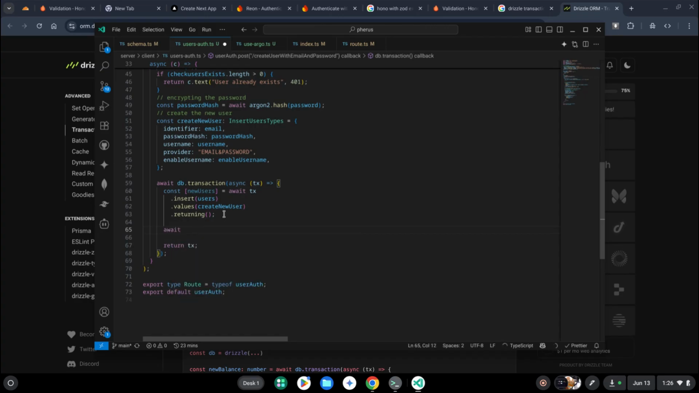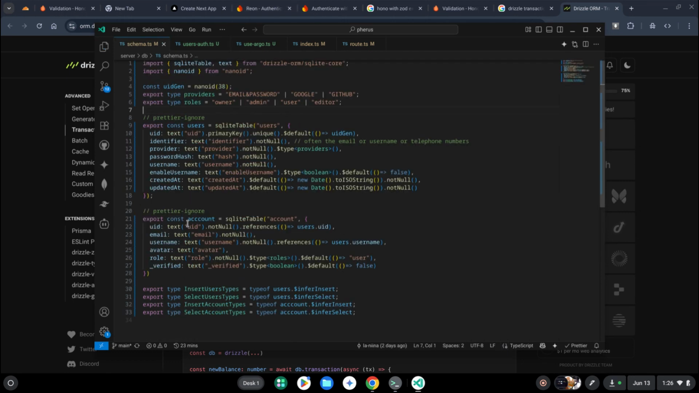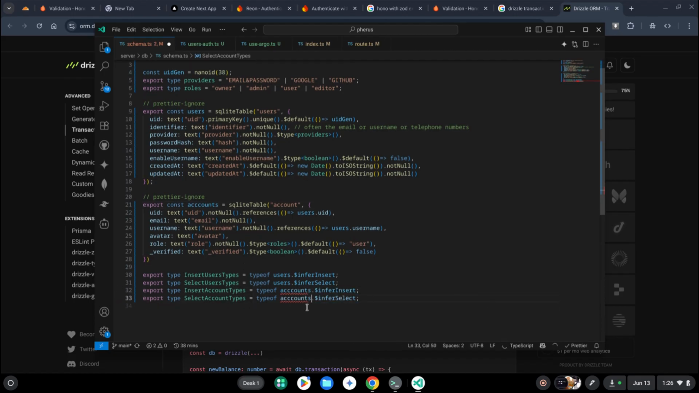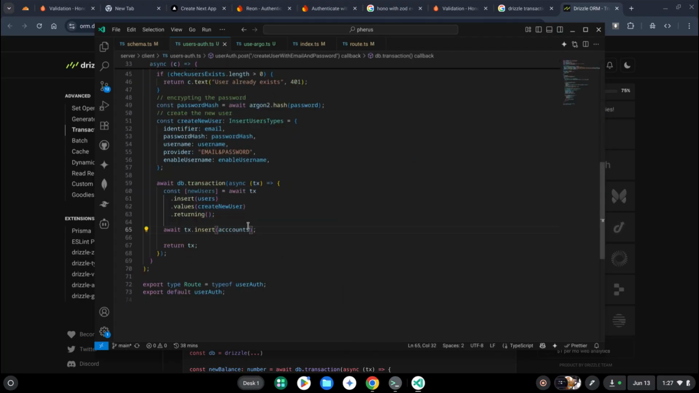Then we also need to create now await insert account. It would be best to call it accounts, because it will have multiple accounts in it. So accounts and the value